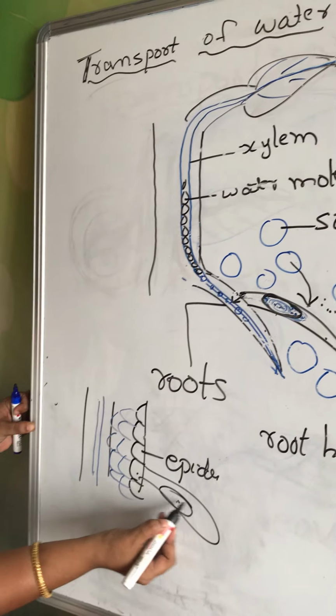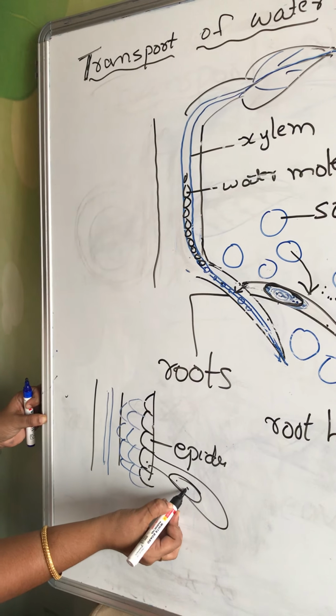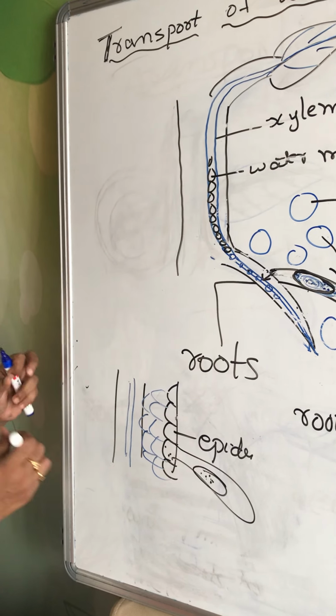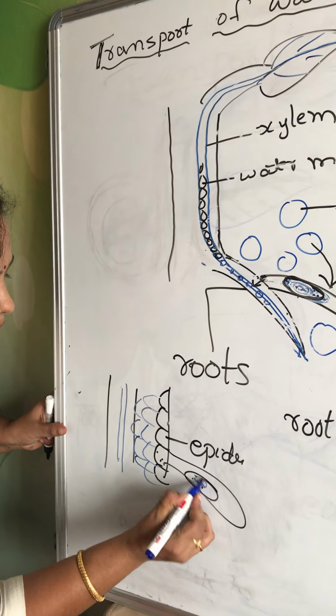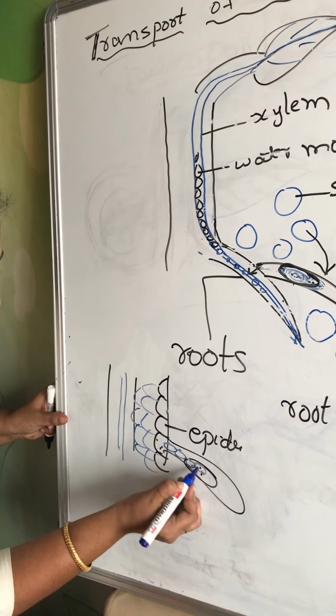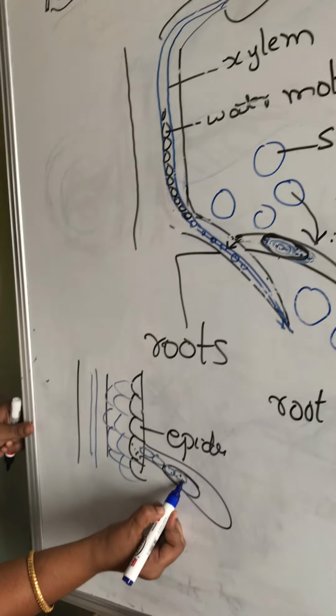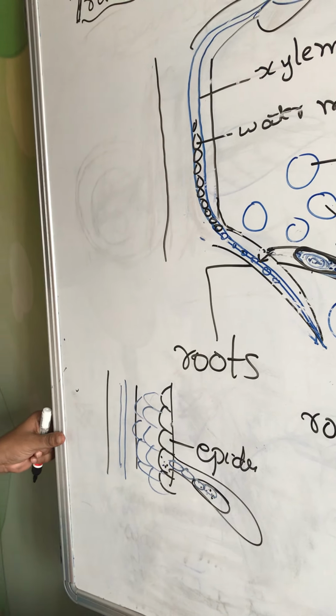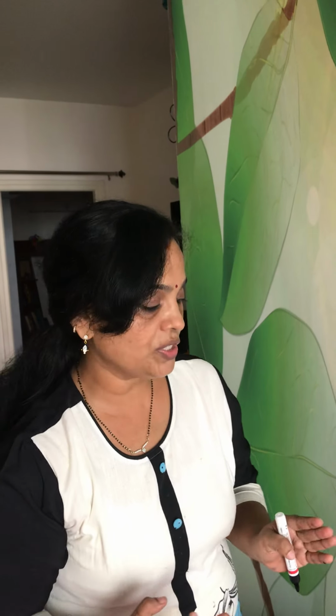Now how does this water, which entered from the soil through diffusion, enter into the root? From here to here, how will the water molecule enter? Here you can see the water molecules are here and it should enter into the epidermal cells. Every cell is filled with a fluid called cytoplasm which contains water. Now the vacuole contains water and the epidermal cells contain cytoplasm which also contains water. Now here you have to see why the water will move from the root hair to the epidermal cells of the root.